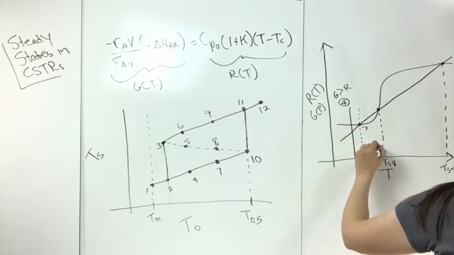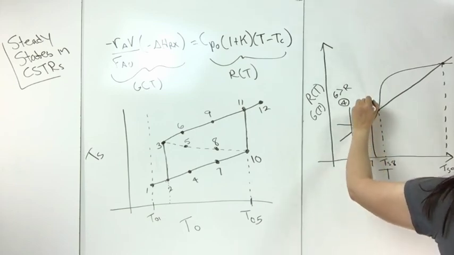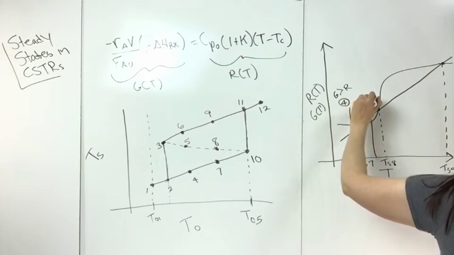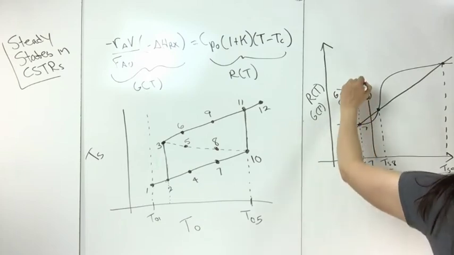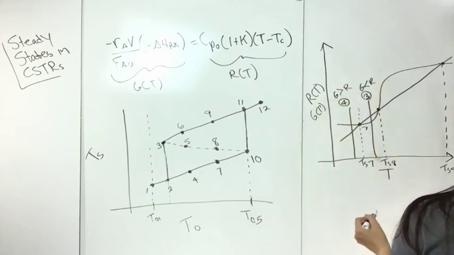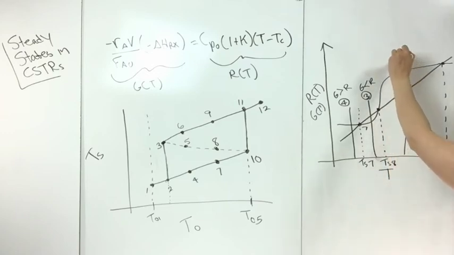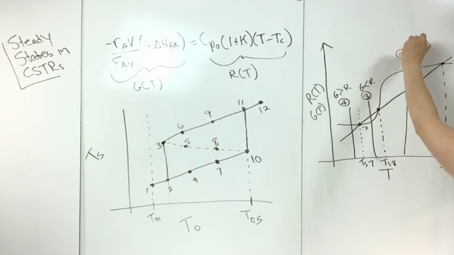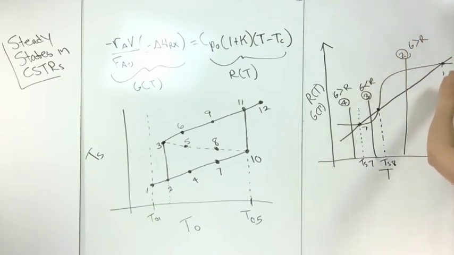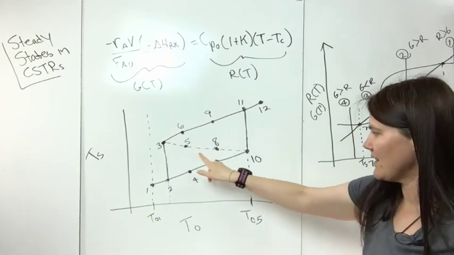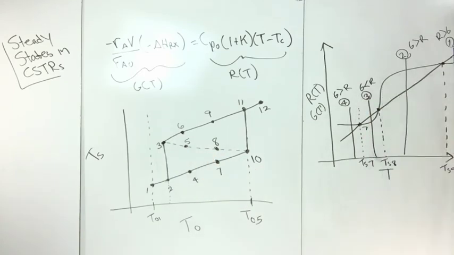So then at this point, let's just call this point 3, G is less than R, and at this point, call that point 2, G is greater than R, and at this point, point 1, R is greater than G. So these points 5 and 8 are unstable steady states, and the reason why they're unstable is because,